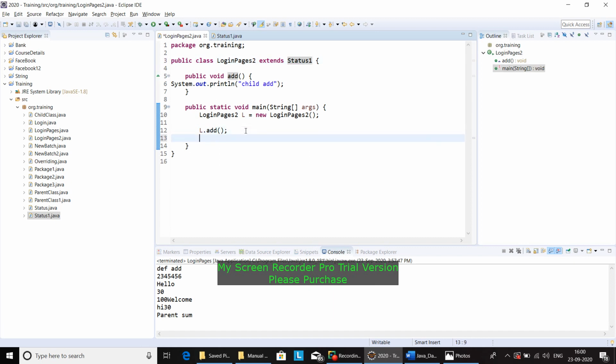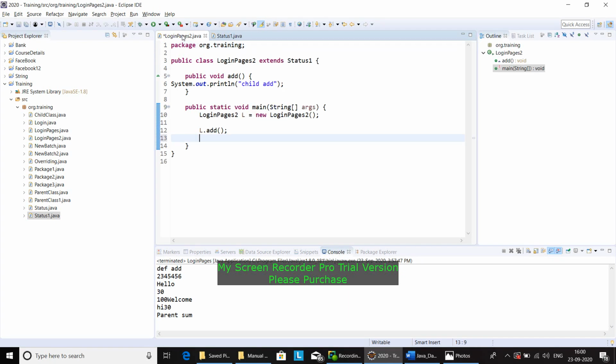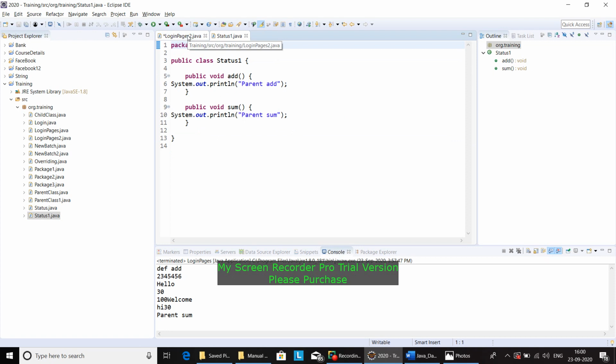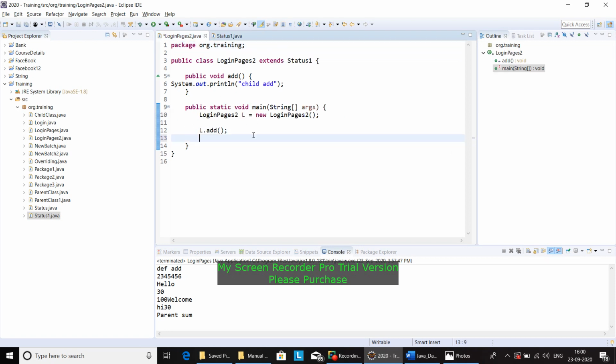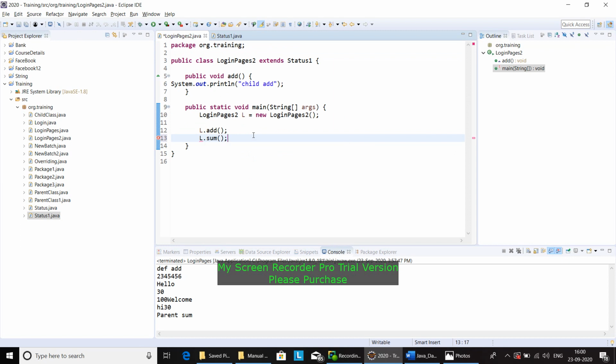Now let's see if we are able to see the method that we have created here. Add, we already have one more method here, so now it should show sum. L. Let's see if we are able to see it is reflecting here. Now let's run the program and see the output. So child add and parent sum.